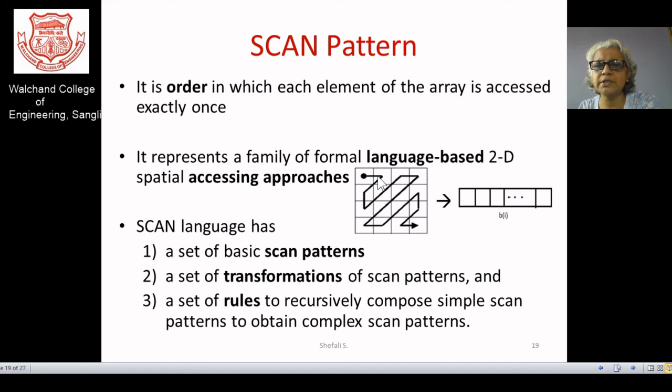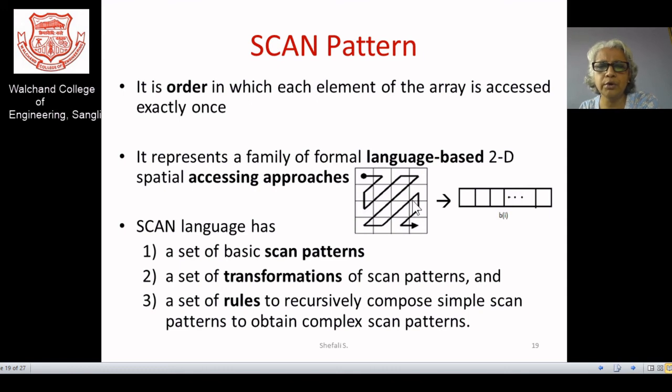So how your pixels are carried out is not necessarily always from the left to the right and top to the bottom, which is the raster scan you are following. You may have a different scan for the picking of the elements, and that different scan itself may be your pattern, and that pattern can be treated as one of the keys.